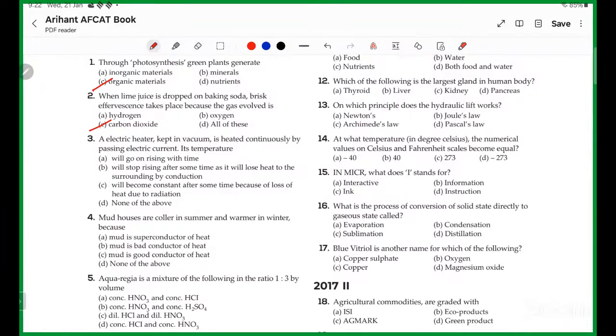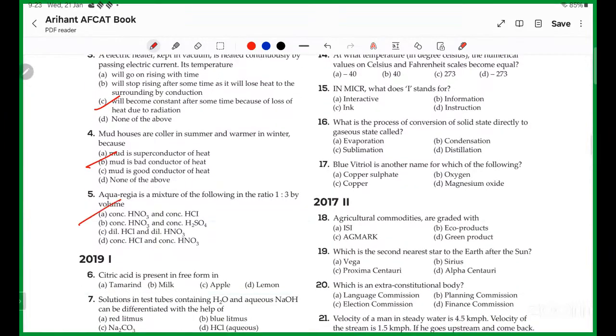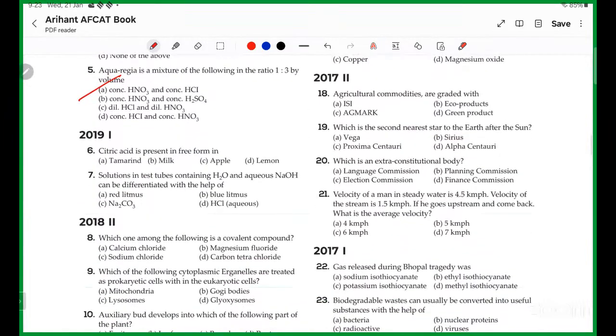An electric heater kept in vacuum is heated continuously by passing electric current. Its temperature will become constant after some time because of loss of heat due to radiation. Mud houses are cooler in summer and warmer in winter because mud is a bad conductor of heat. Citric acid is